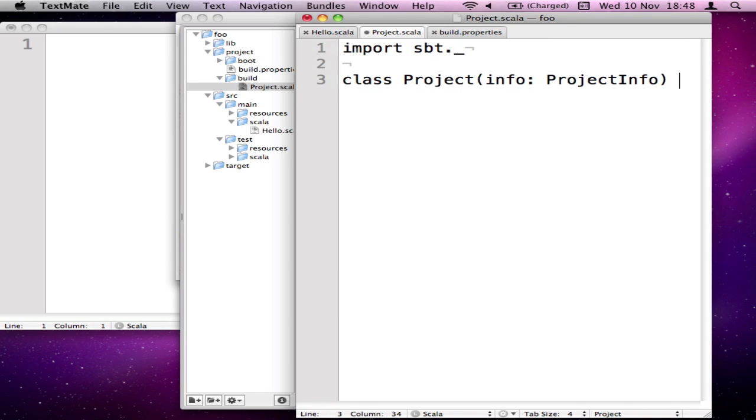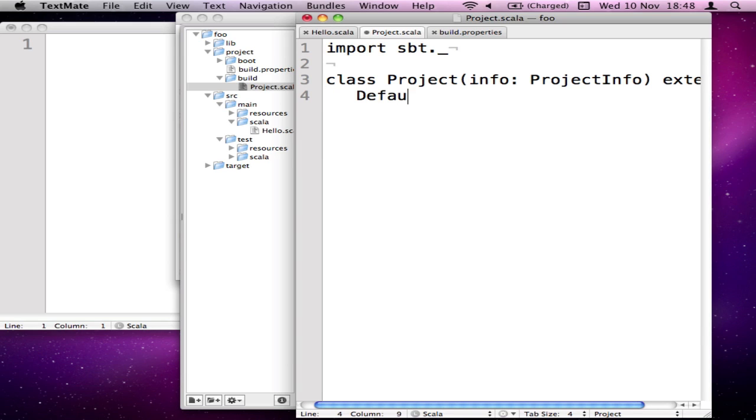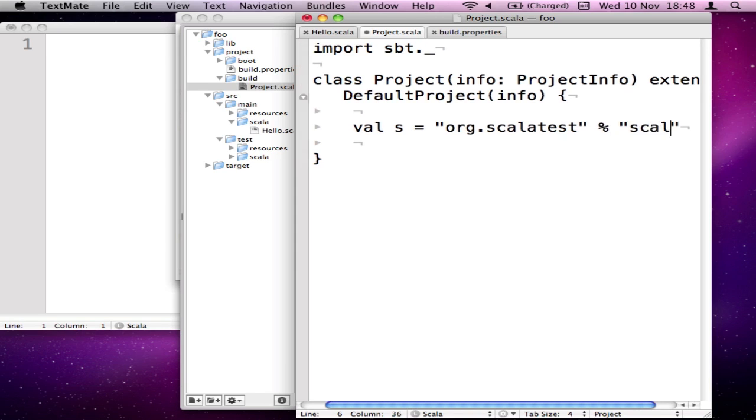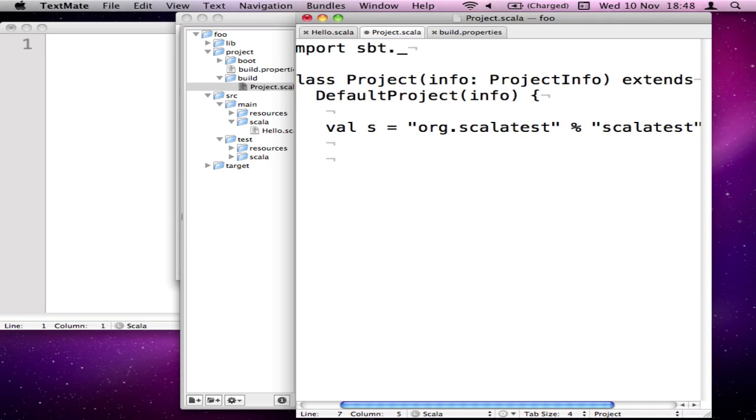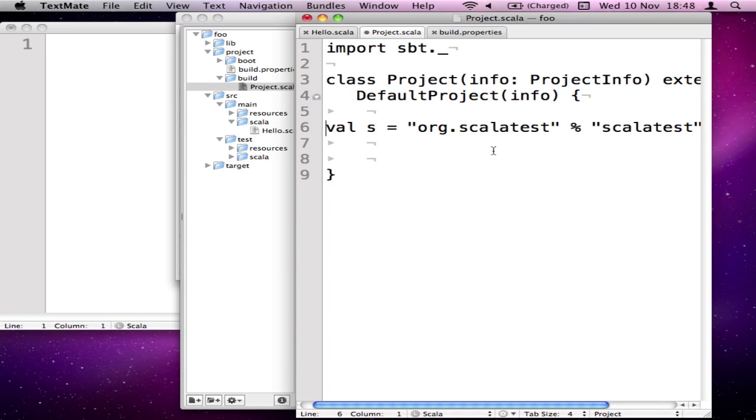So there are different kinds of projects you can extend. There are sort of web projects. We're just going for a default project. I'm going to add a dependency, which you just do using the DSL. So org.scala-test, percent scala-test, and a version. And what? Oh, that's all I need to do. In fact, that's it. That adds the dependency to SBT,